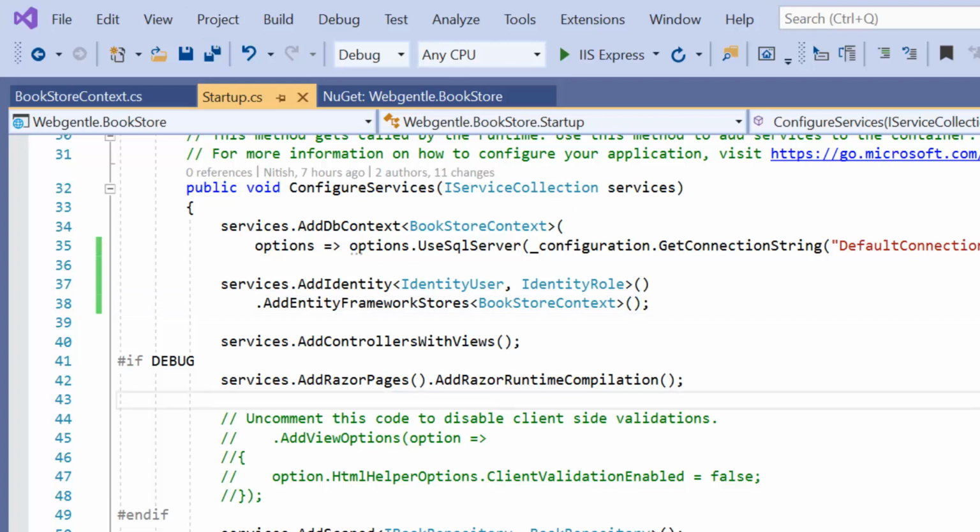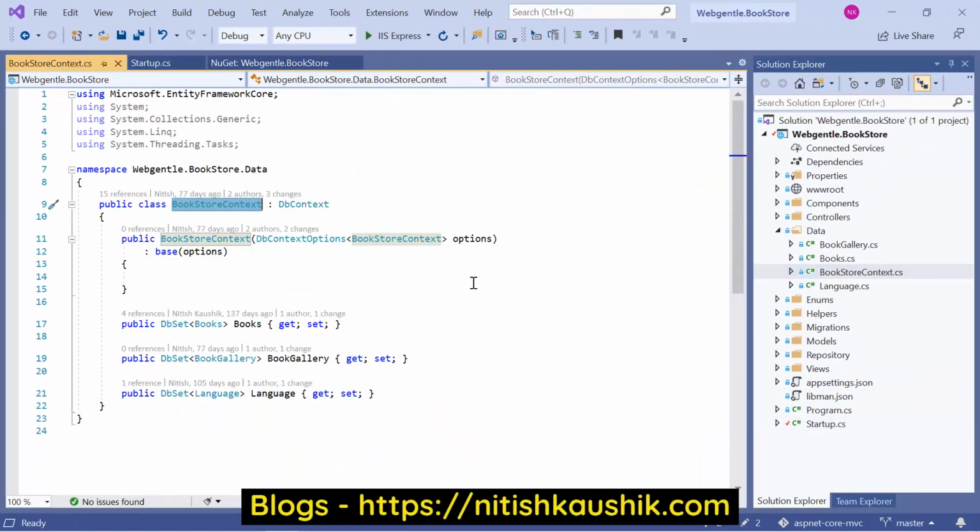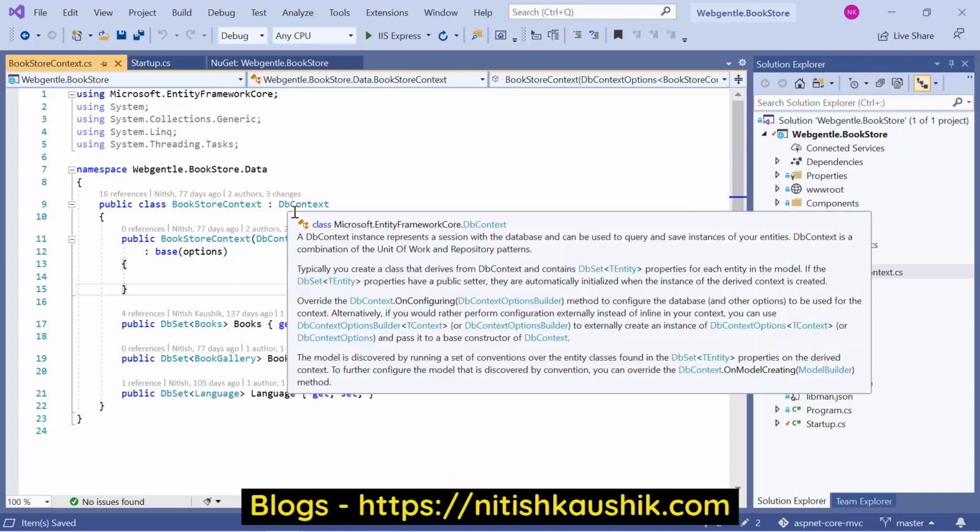Perfect. By now in this video we have installed the identity framework, we have enabled the authentication, and we have added the support of identity in our application. Now to work with the tables, we need to make some changes in our DbContext class. Let's open the DbContext class. Here you can notice that we have inherited this class from DbContext.